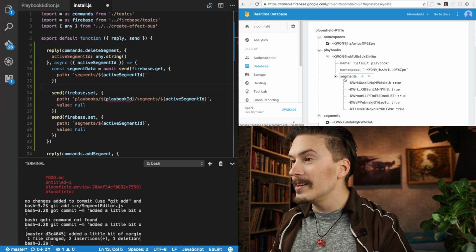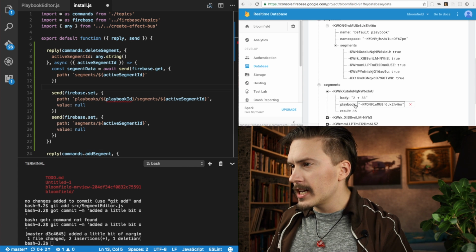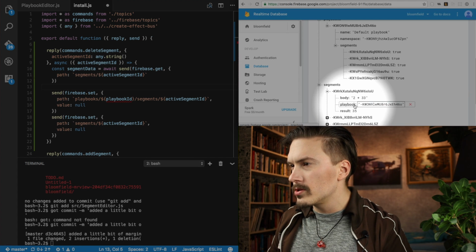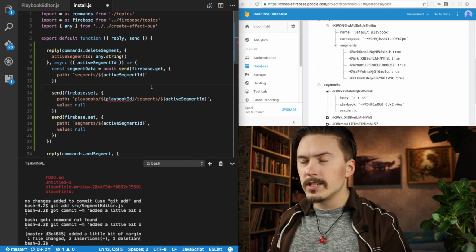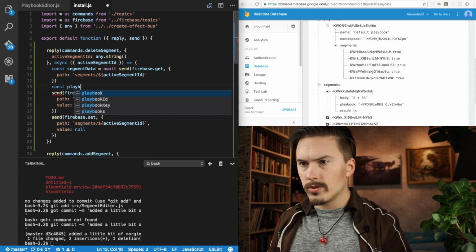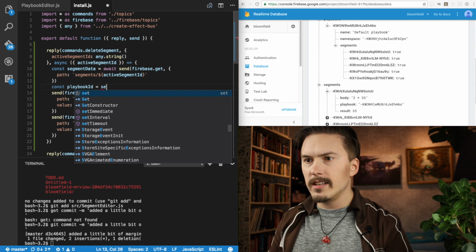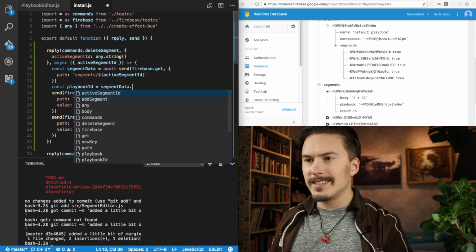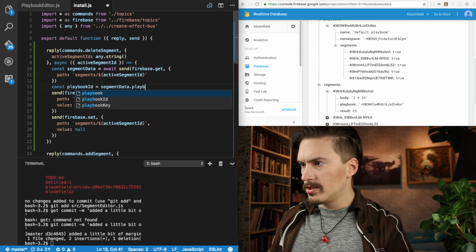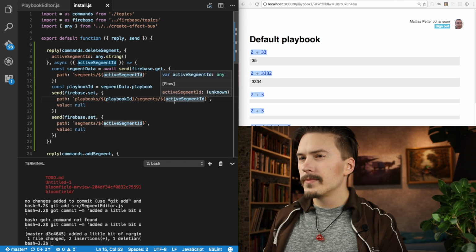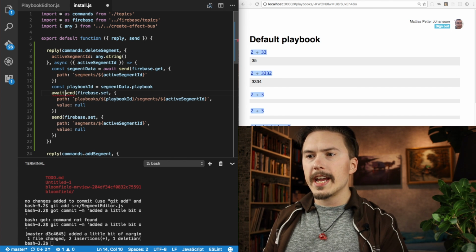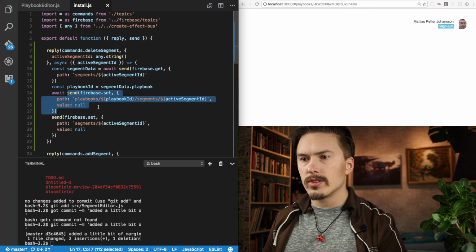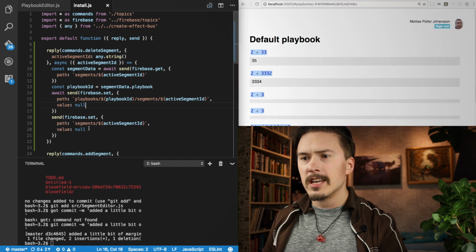That's why it's called Bloomfield. And anyway, let's scroll down to a segment, and you see here at segment it refers to playbook by its ID here. So we want to do const playbook ID. That's going to be segment data dot playbook. Okay, that looks good. Actually, I also want to await this delete to resolve first